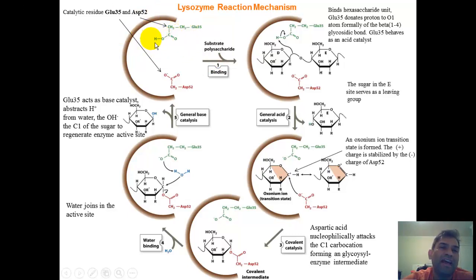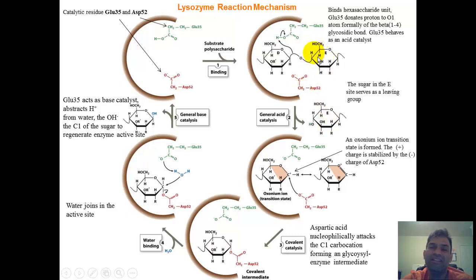Here, glutamic acid, remember it's protonated. Here is aspartic acid or aspartate, remember it's deprotonated. Our substrate's going to bind. And the first thing we actually see here is this oxygen abstracts from the glycosidic bond. It abstracts that proton. Okay, and when it abstracts that proton, this sugar labeled E in your textbook, actually